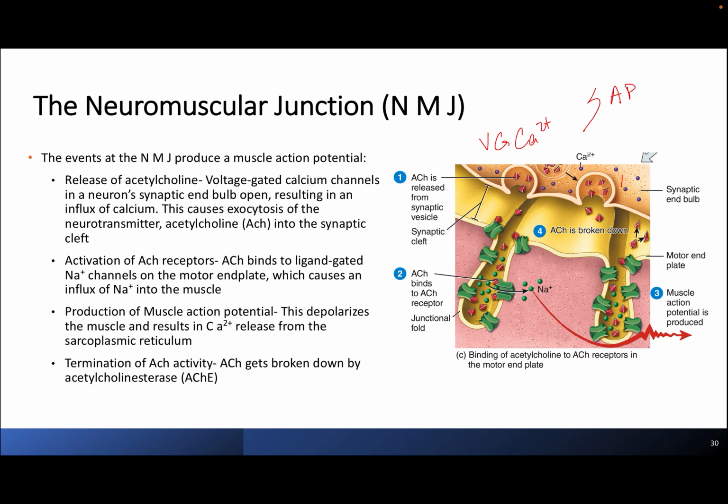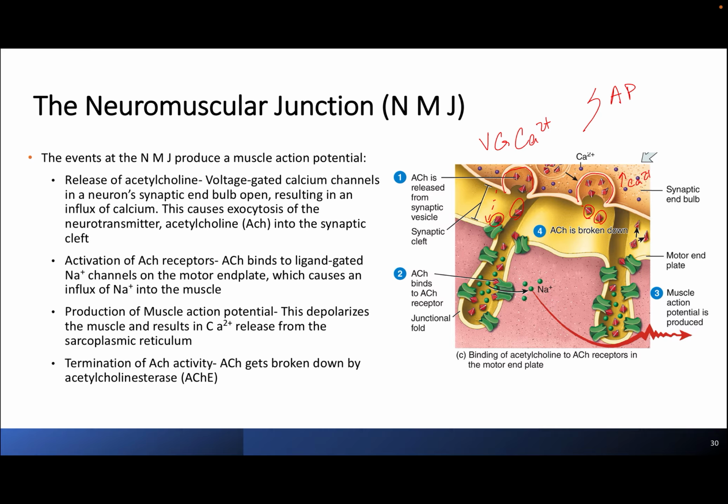We're now going to have an increase in our intracellular calcium, and that is going to trigger exocytosis of our synaptic vesicles. We're going to release the neurotransmitter, all of our little acetylcholine, and it's going to diffuse across our synaptic cleft and bind to receptors on that motor